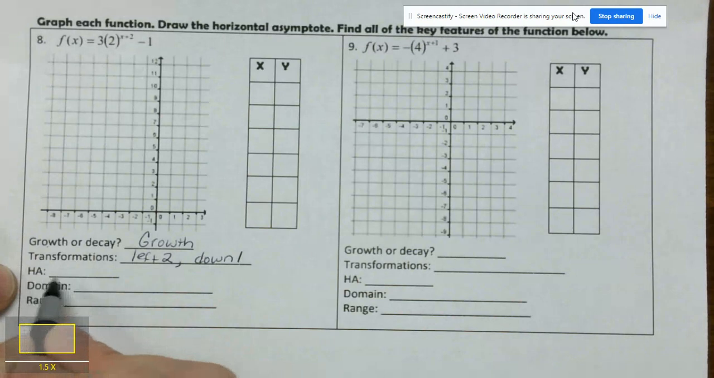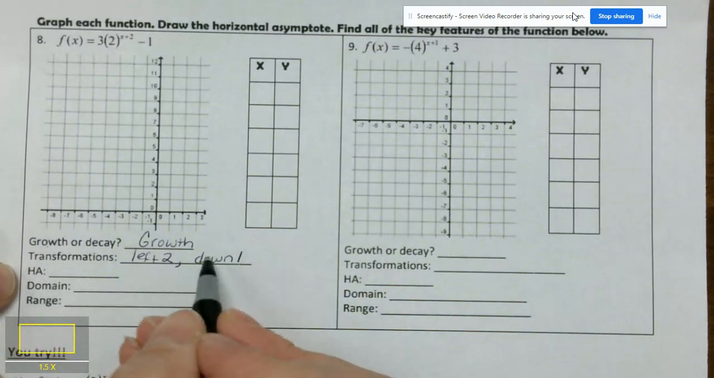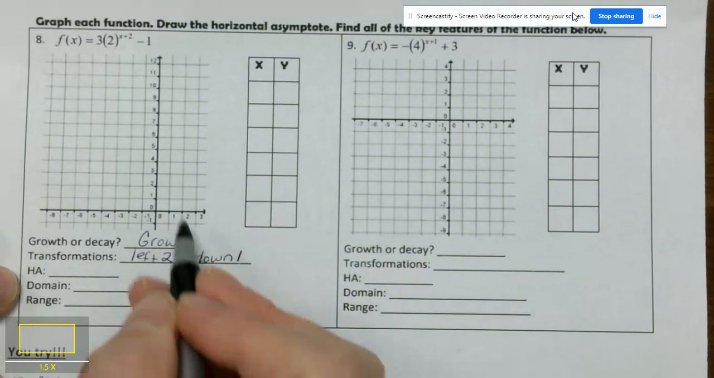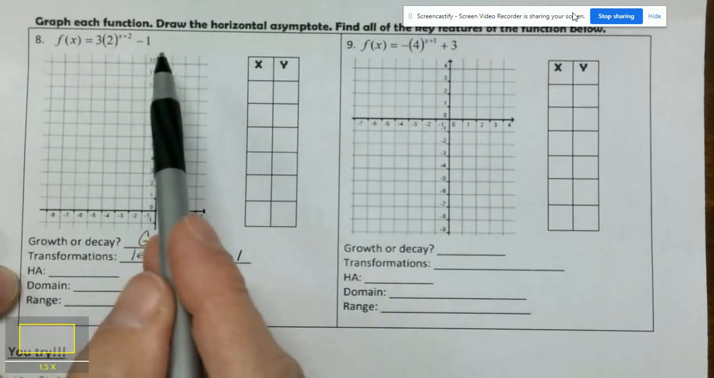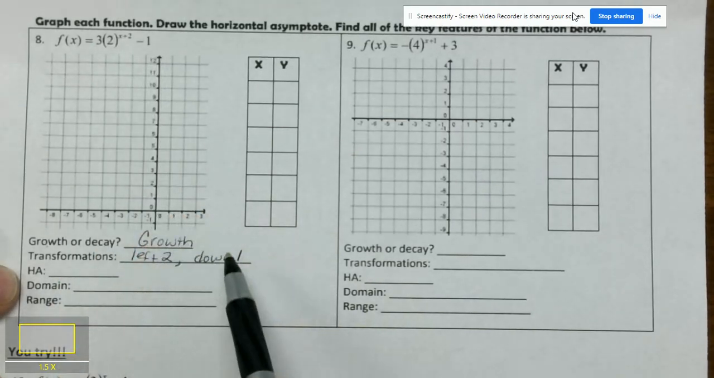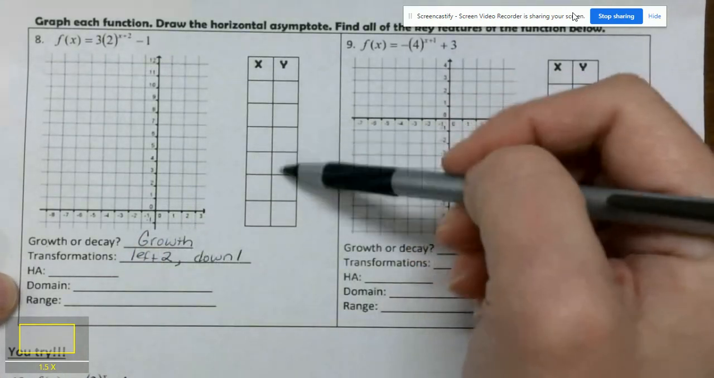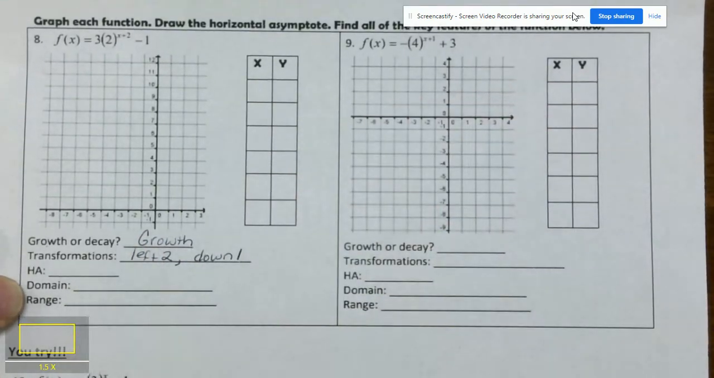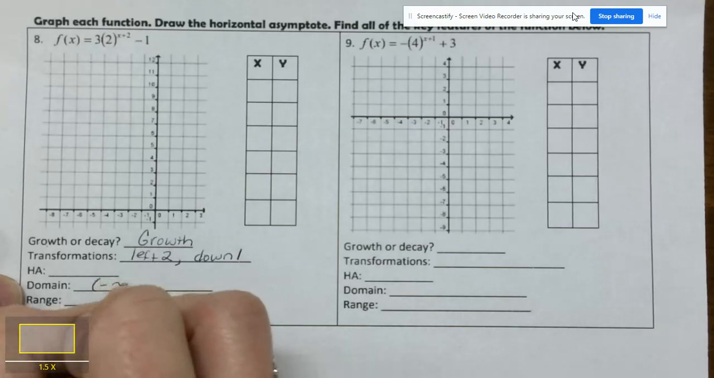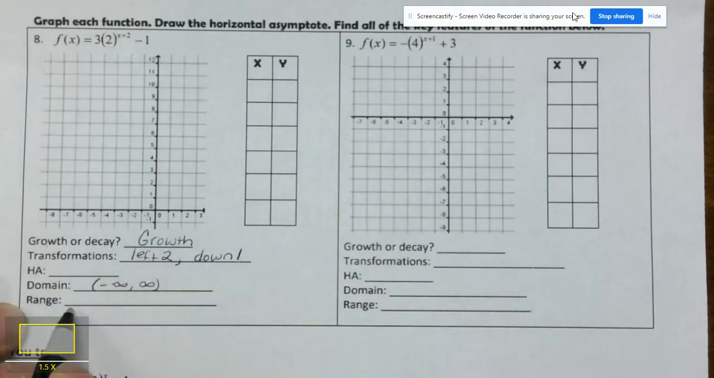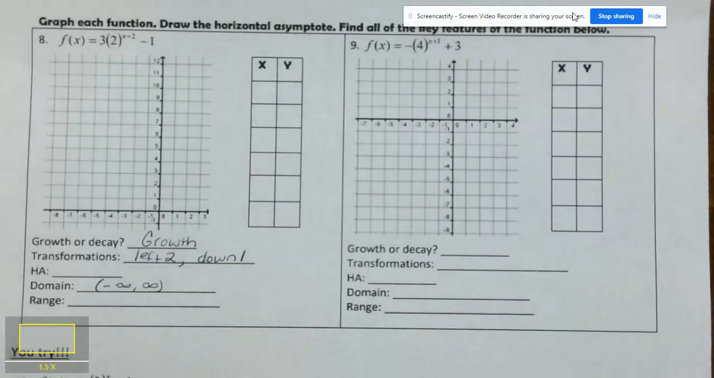Okay, my horizontal asymptote here, we're going to figure that out as we go, because this one is moved. Since it's moved, we can't always say that it's the x-axis, okay? So we're going to figure that out as we do our points over here. The domain of all exponential functions is negative infinity to positive infinity. And our range, we may have to wait to figure that out too, okay? So let's look at our range and see what that is here in a minute, okay? All right, so if we pick out some points that we're going to put in here,